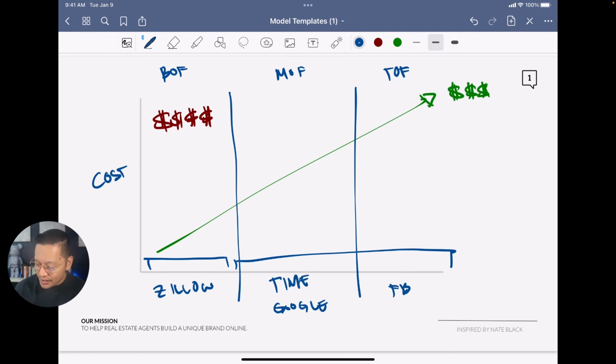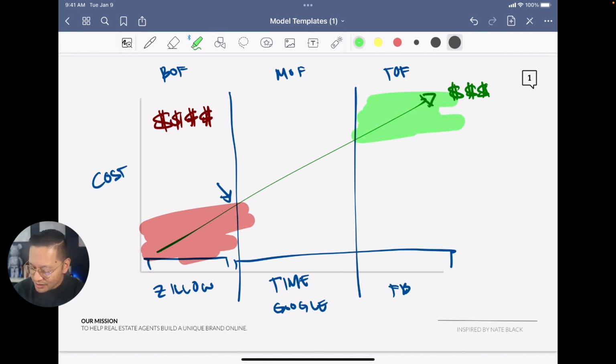Hence the reason why, if you're trying to scale Zillow ads down here, it's going to cost you a heck of a lot of money, and that's why you're not getting very far in terms of sales transactions. But if you're trying to scale and you're able to play the long game, then being up here is actually worth your while, because you will definitely be seeing a lot more real estate transactions in the long run.